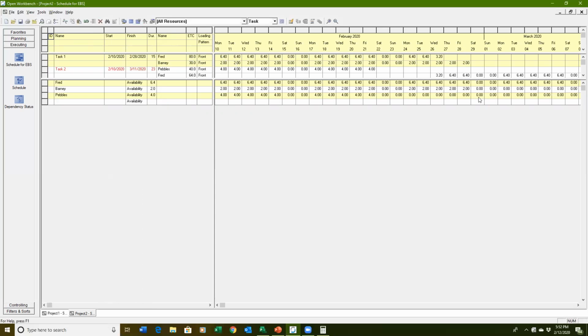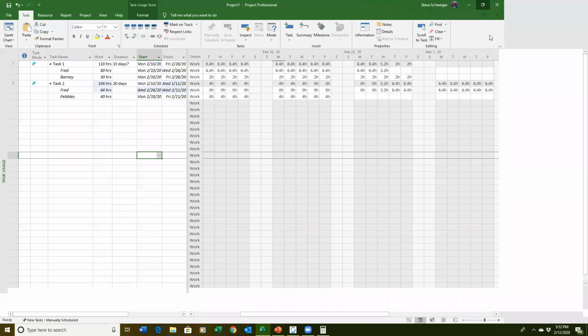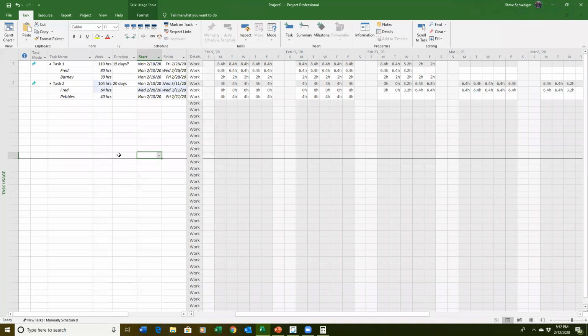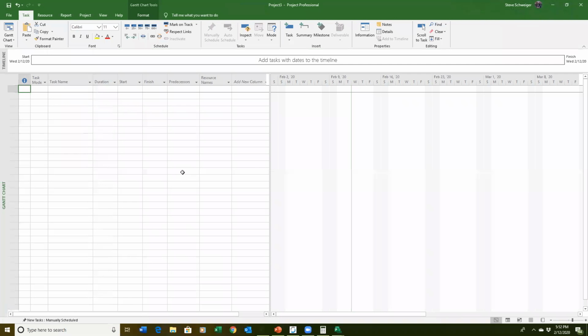And we'll talk a little bit about some of the challenges. Keeping up with the actuals and the ETCs are a challenge. So let's do the similar thing in Microsoft Project. You'll see here that I've already done it, but let me go ahead and do a new schedule and show you what I have to go through in order to do that with Microsoft Project. So if I do File and New and just do a blank project. Okay, so now we're at a blank project,